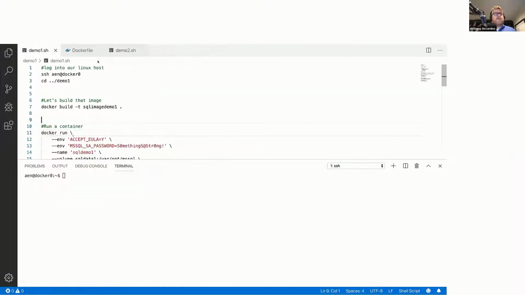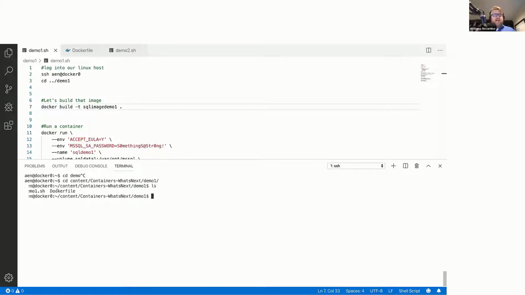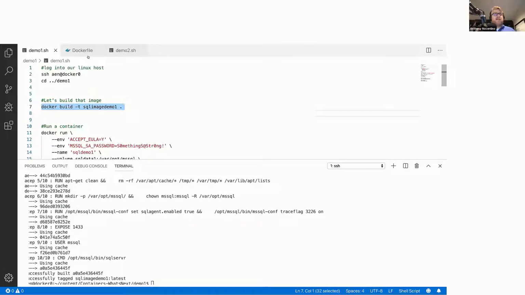All right. So I've already built this image, but I'm going to kick off the build with docker build -t, and it's going to build an image named sql-demo. And let's walk through a couple of things here. I'm in the wrong directory. Let me change into the right directory. So in this directory, I have a Dockerfile. Inside that Dockerfile, which we're going to look at in detail in a second, is all the instructions to build. I'm going to kick off the build because it can take a minute to get running. So that is going to build the container image for the Dockerfile in the current working directory. That's what that dot indicates right there. And the image is going to be named sql-image-demo-1.